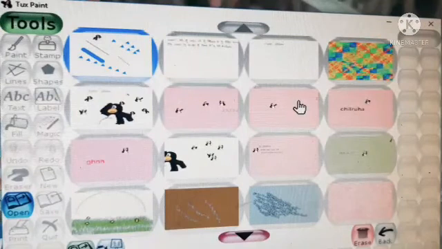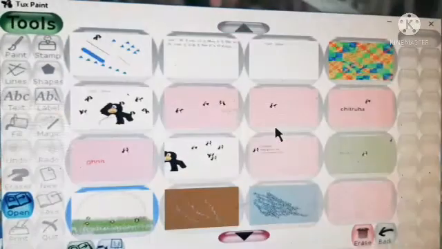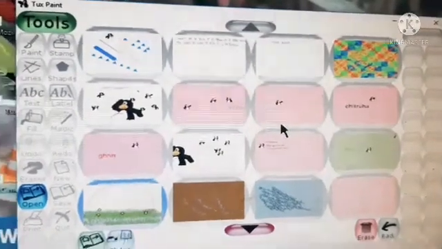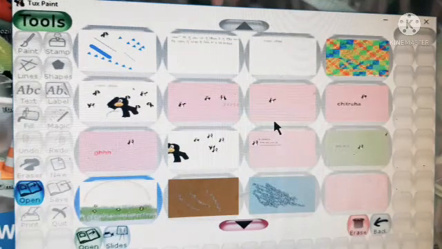These are the saved pictures. We can see a list of saved pictures here. Next step, we have to click on the slide button. You can see this is the slide button at the bottom. So first we click on the open tool, and all the saved pictures will be displayed. Next we click on the slide button.